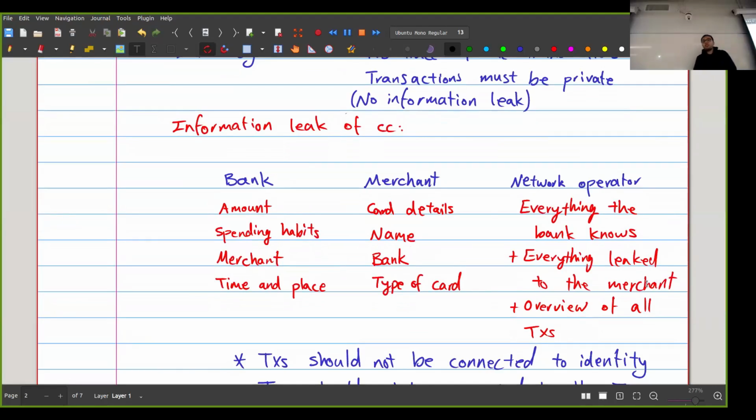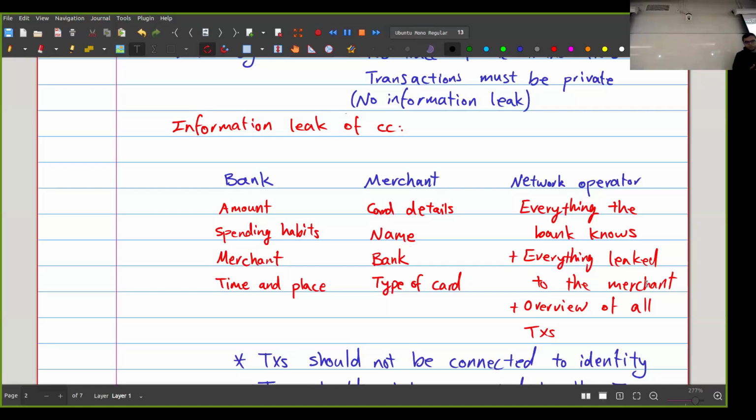What are the pieces of information that are leaked, in this case, which would not be leaked if I were to just use cash? So I have to look at who the information is leaked to. When I'm using my credit card, what are the different parties that are involved there? There's, of course, a merchant that I'm buying from. There are some banks, at least two, my bank and the merchant's bank. And then there is the operator of the network. So if you're using MasterCard or Visa, it's that company, basically. Right. Now, what is the information that is leaked that normally wouldn't be?